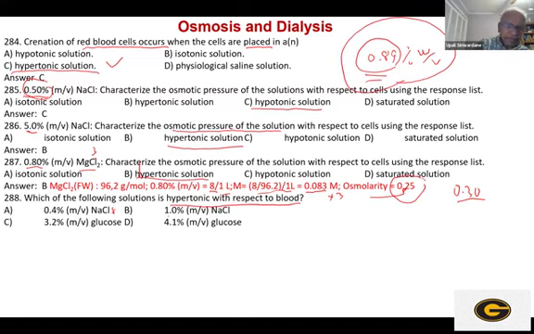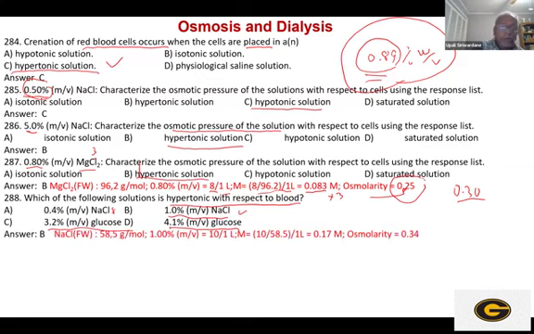This is hypertonic for sure. It's more than 0.89. That could be the answer. So to make sure that you understand, you are given a hypertonic solution, you can go there and get the answer, which only one of them is correct. B is the correct answer because it's